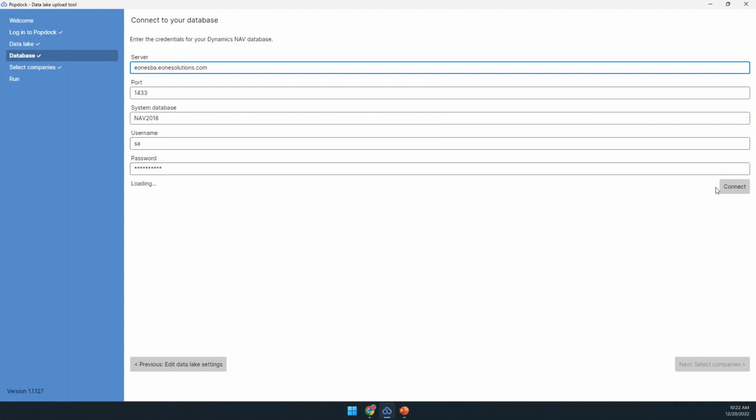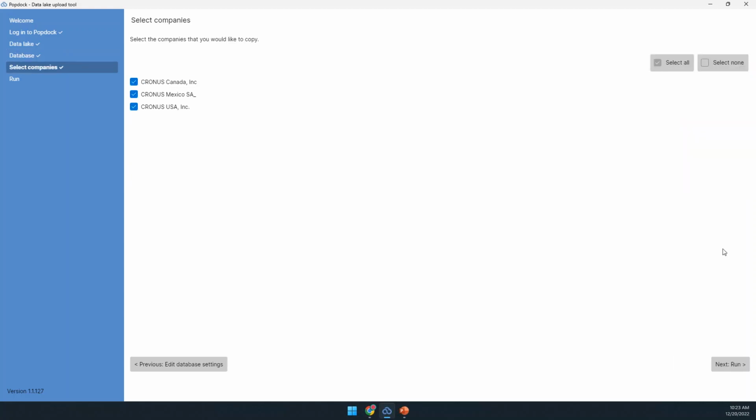The key to this is it doesn't need to be SQL, but it does need to have access to both the database, the tables in it, and then probably more importantly, the sys objects, so that we can pull all the metadata about all of those fields that come over. Okay, so finally I connect here, and this is what I'll see